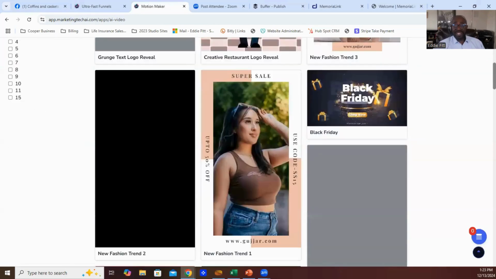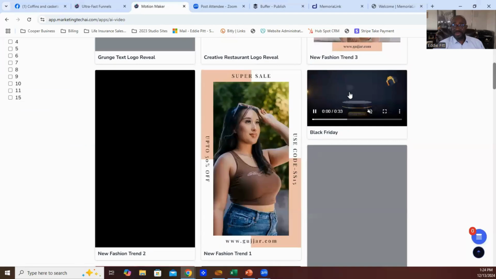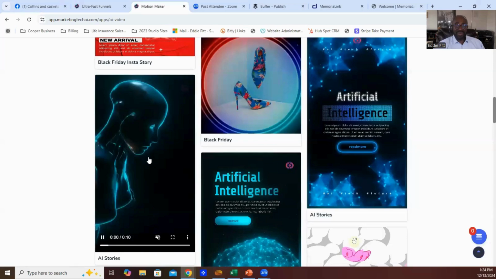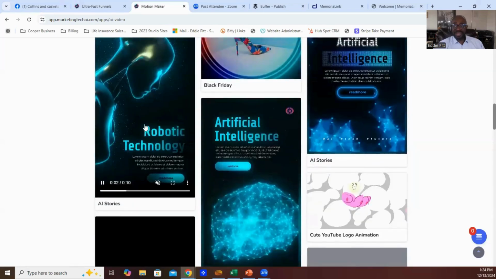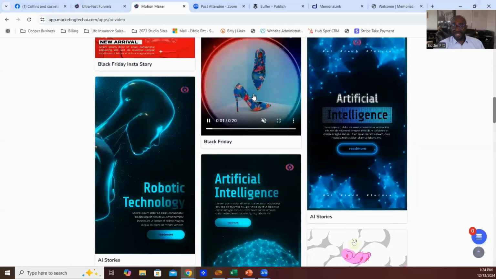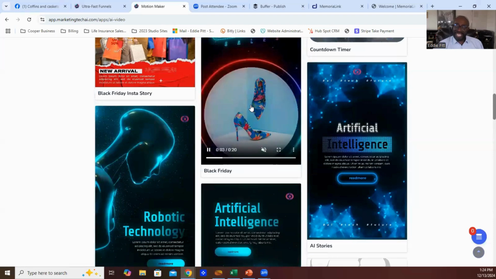But we have templates here where you can put your business in, Black Friday, and talk about technology. You can change those pictures. You still get the same motion and action, advertising products with different bling, something that catches the eye. One of the reasons why it matters significantly is because everybody is just scrolling.